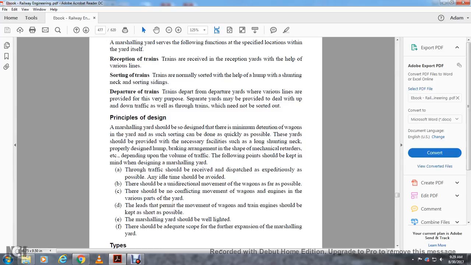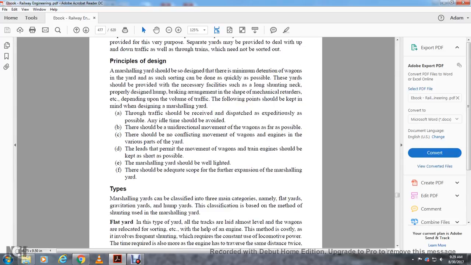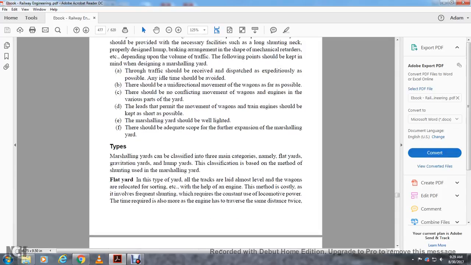There should be an adequate scope for further expansion of the marshalling yard. Types: marshalling yards can be classified into three main categories: flat yards, gravitation yards, and hump yards. The classification is based on the mode of shunting used in the marshalling yard. A flat yard is a type of yard where all the tracks are laid almost level